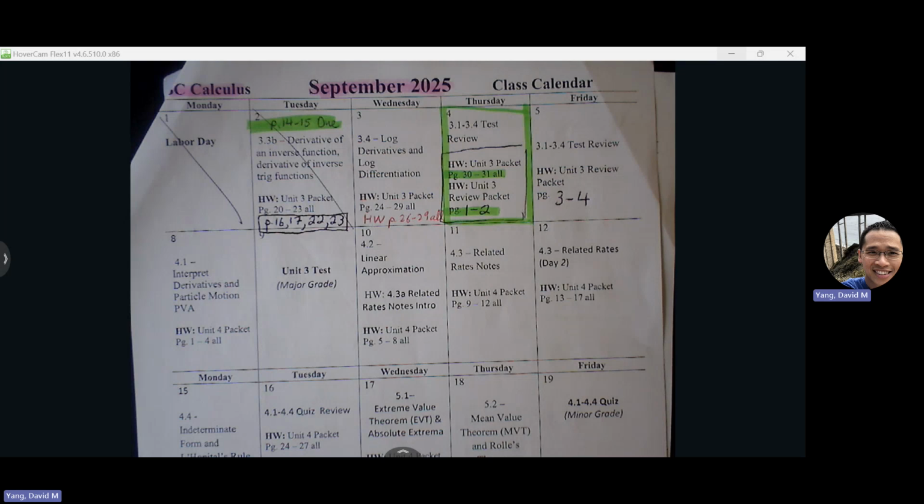One thing I want to point out about your quiz that you just got back: just be careful with problems that have product rule in them. Sometimes it's easy to overlook because it looks just like two expressions multiplied together. I think our tendency is to just find the derivatives of both, but